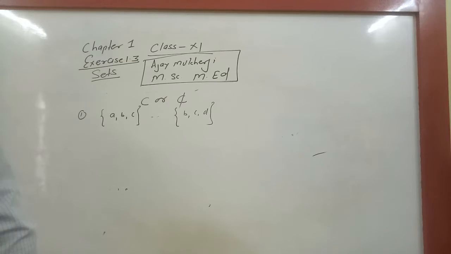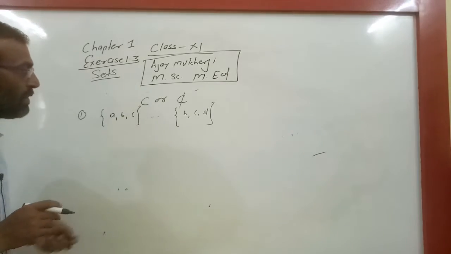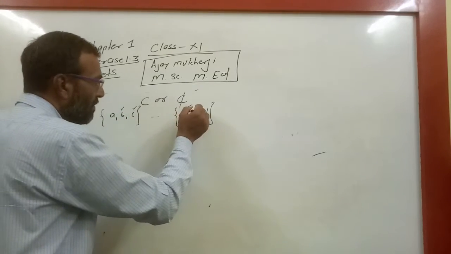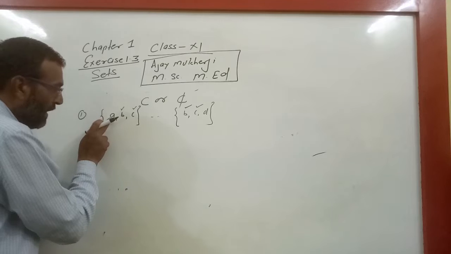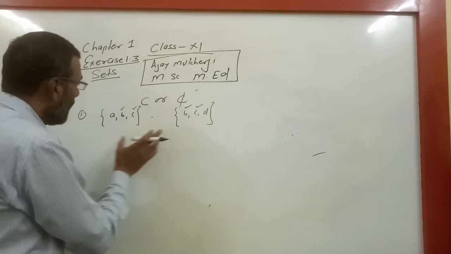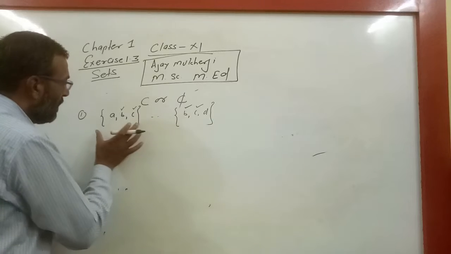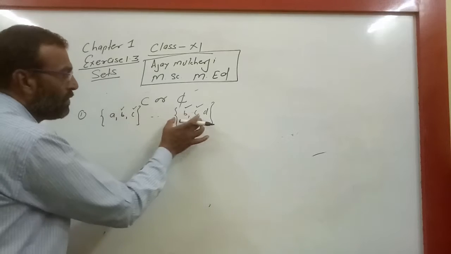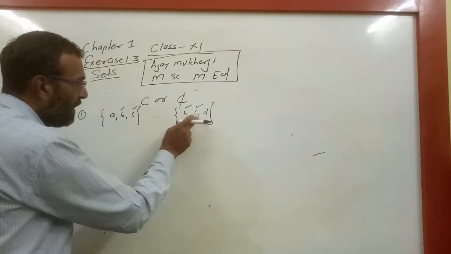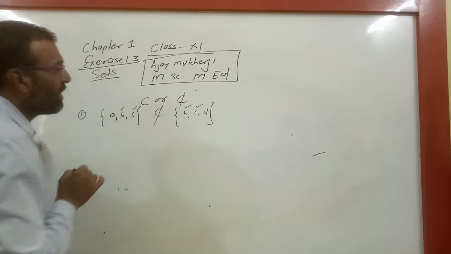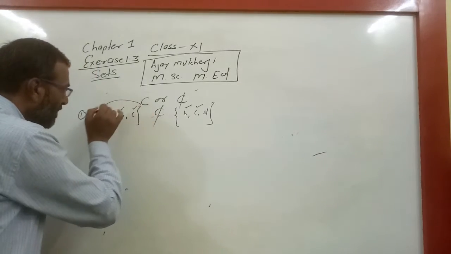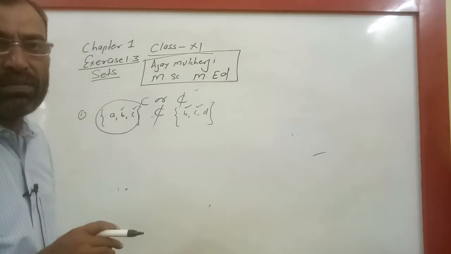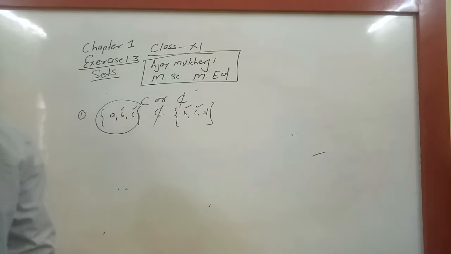So now you can see what is there. Here are A, B, C and B, C, D. Here B is there, and here B is also there. C is there, C is there. But look, A is here, but A is not there. It means this is not a subset of this. If this is completely inside it, then this one is contained in this. Here is A, but here there is no A. So this situation is called not contained in, because if this one is completely a subset of this, then we take contained in, or otherwise we take not contained in. This is one of the questions.